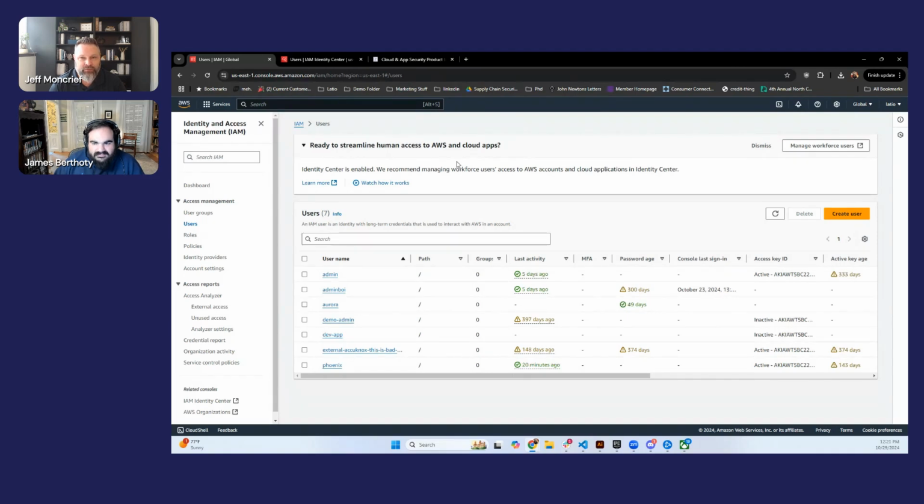We had a customer that we were working with back then, and we uncovered a bunch of these things that you see right here on James's screen, a bunch of dormant identities with keys. We had identified one that hadn't been used in 6 months. And sure enough, they used our tool to delete it, which is exactly what they were supposed to do. Well, a week later, we got a call